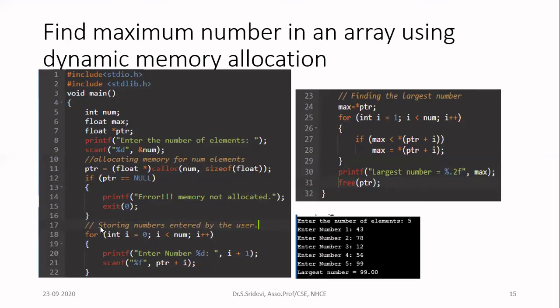So in the for loop, I am going to use an index now for the memory locations. Remember, now we are going to access the allocated memory with the help of this pointer PTR. To access the first element in that memory, you have to use PTR plus 0. To access the second element, you have to use PTR plus 1. So if you write PTR plus I, you can get the address of the ith element in the allocated memory. Always here also you should start the for loop with I equal to 0 only.